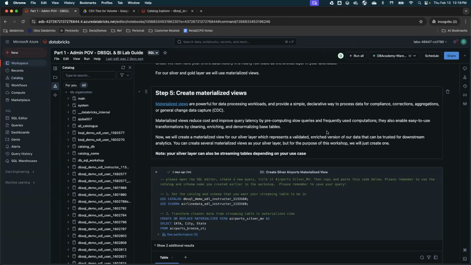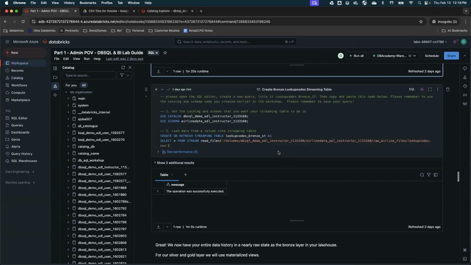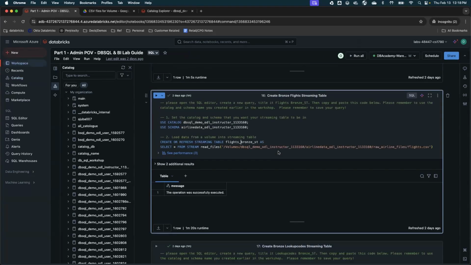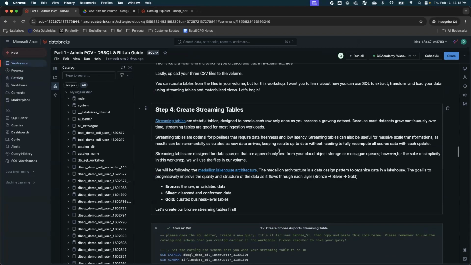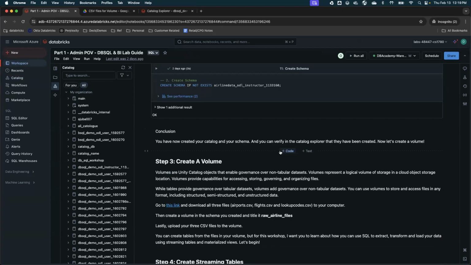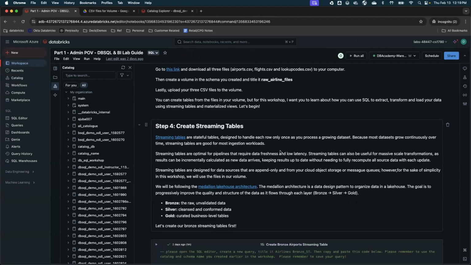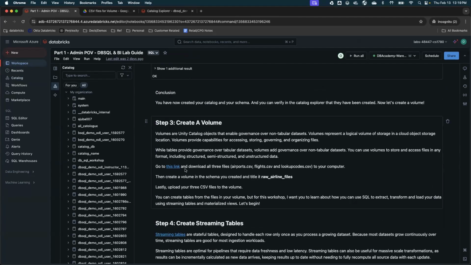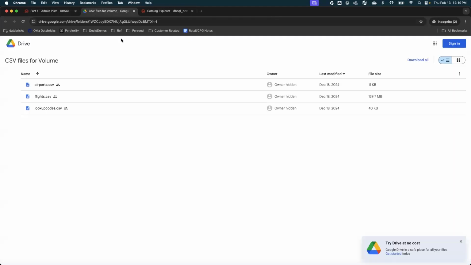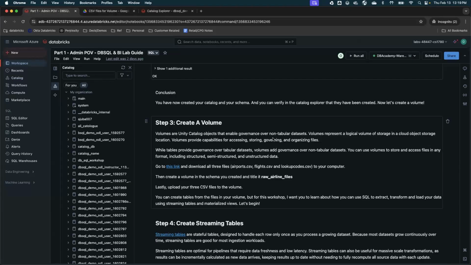Okay. I believe most of the people are able to get to at least the volume. So let me repeat how you can build streaming tables. Once your volumes are created and you have downloaded the file from here, and if you are having issues connecting to the volume, I have given permission to use my volume.